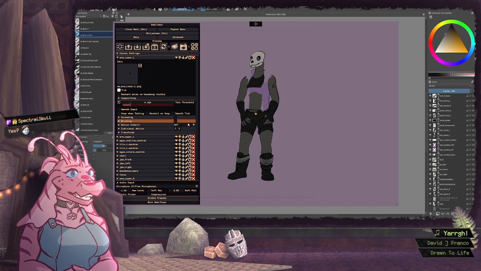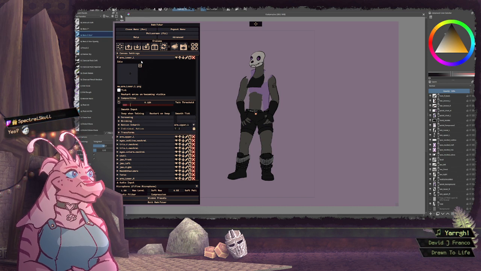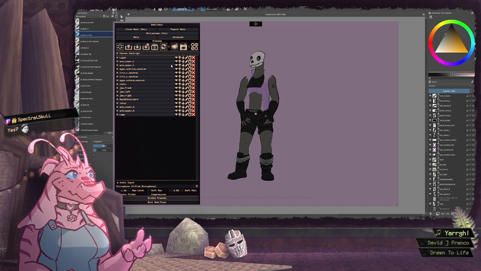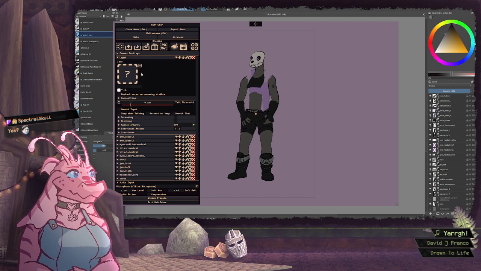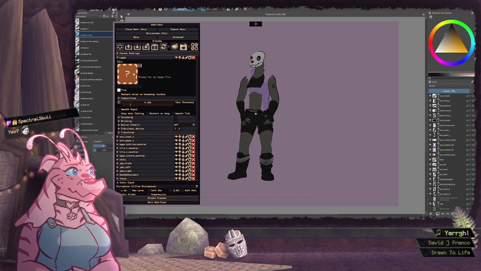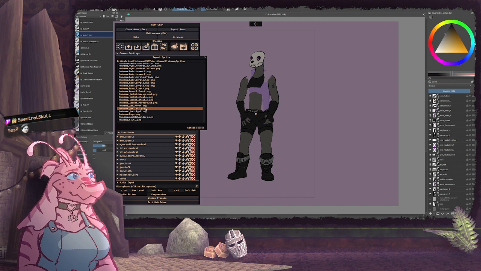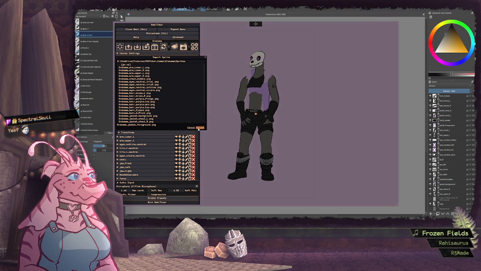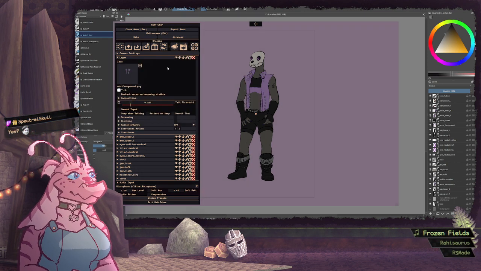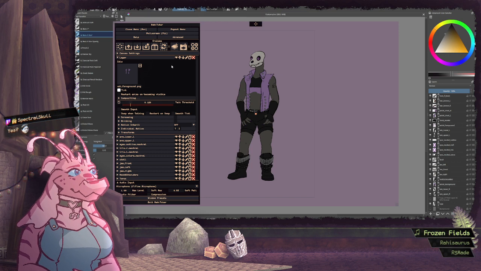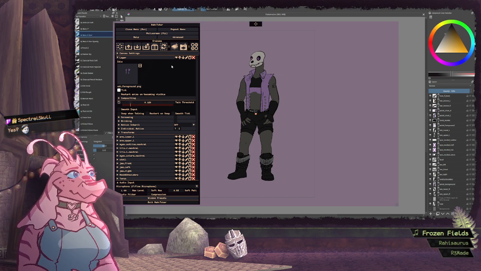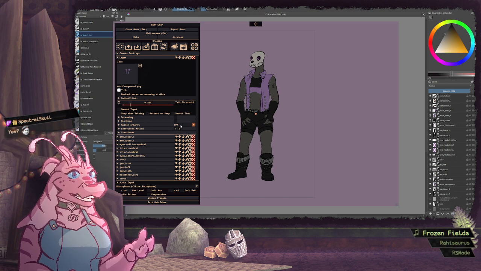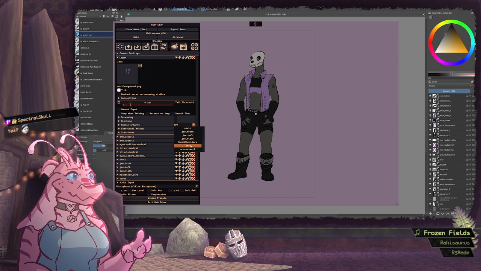Oh no, that will inherit off of arm upper L. Save. Jacket foreground, we get to finally fill some things in. Select. That inherits off of torso.